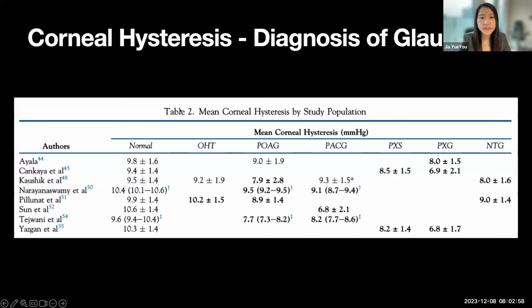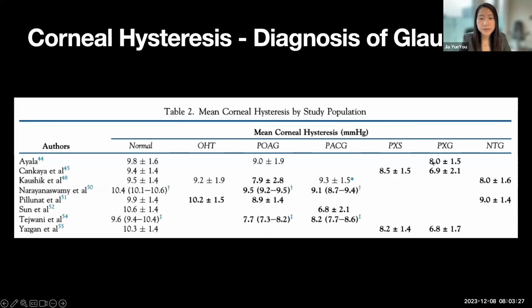And corneal hysteresis (CH) is particularly helpful in the diagnosis of glaucoma. So here we have a meta-analysis with a few papers published already, and you can see that in normal patients, corneal hysteresis tends to fall between 9 and 11. But when we look at the different groups of glaucoma disease, all of them have very low corneal hysteresis. The highest being 10, which is in ocular hypertension, which is the closest we can get to normal